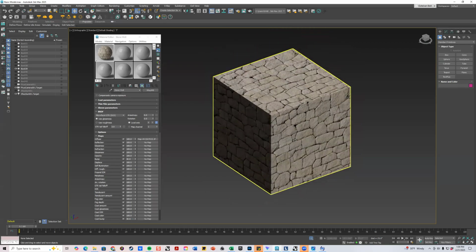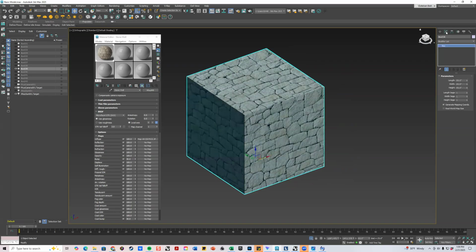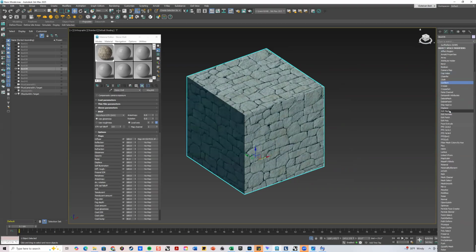Now, we want to apply 2 modifiers to this box, because everything here is modifiers. One modifier is going to tell 3D Max the basic shape of this box. The second modifier is gonna tell it to scale, so we can scale it bigger or smaller. Why? Because sometimes we have other shapes that are not boxes. We might have a sphere, a geosphere, a cylinder. So we're gonna select the box, go to the properties tab over here, go to the modifier list like we did before and scroll all the way down to where you see